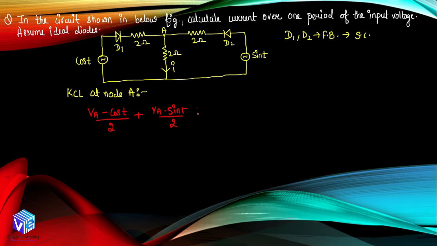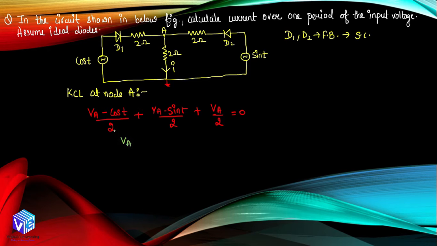So now we are going to add the current over this branch. This is the current flowing in this branch, the current flowing in this branch, and the current flowing in this branch. The current flowing in this branch can be represented as VA divided by 2 only, because here we have the zero potential at the ground, right? So now we can represent the voltage difference as VA minus 0, and the resistance is 2, so we can represent this structure like this, and we will be having 0 on the right side.